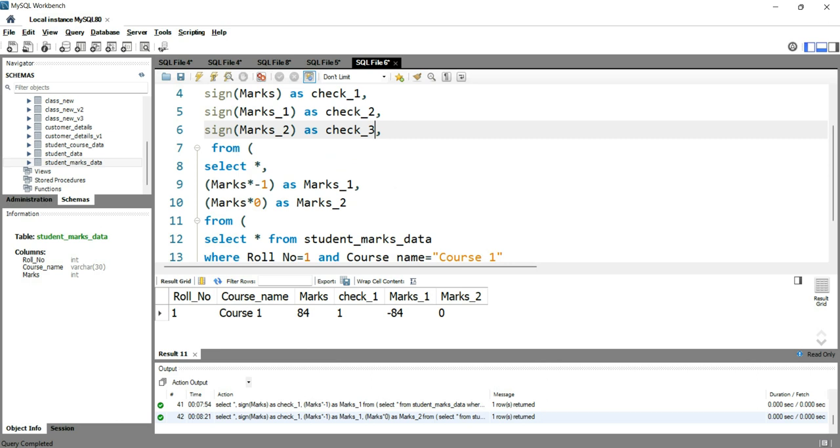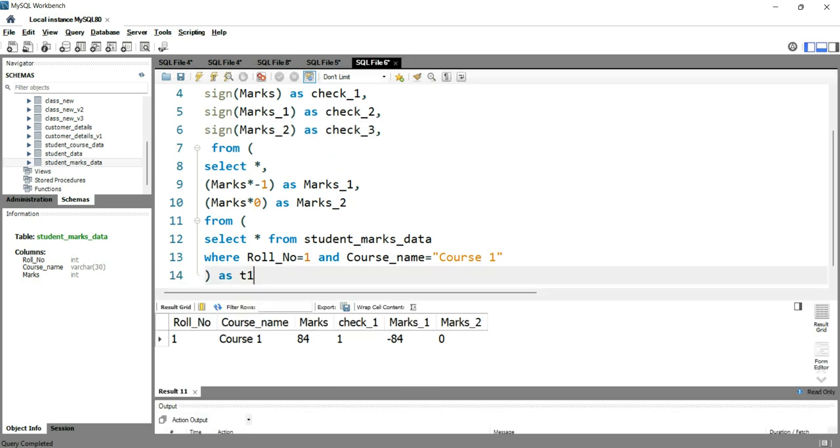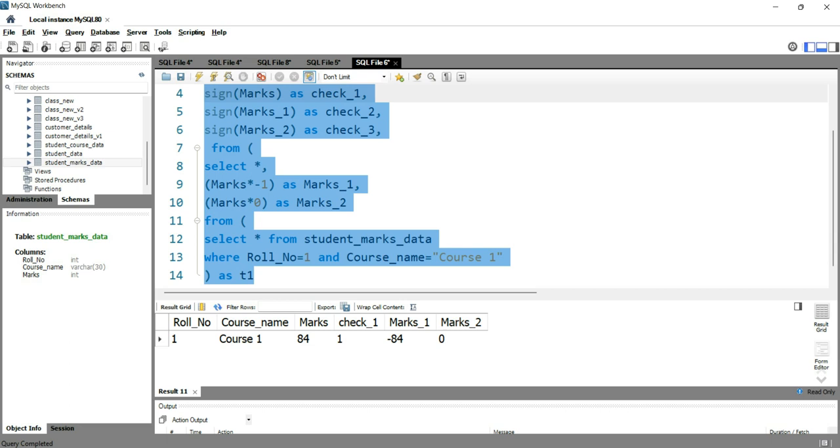Now we are going to run this query and see whether our sign function evaluates each of these numerical columns as positive, negative, or equal to 0. So let's run this query.